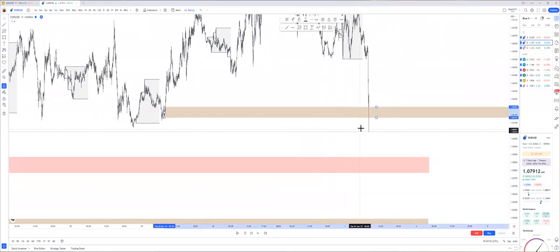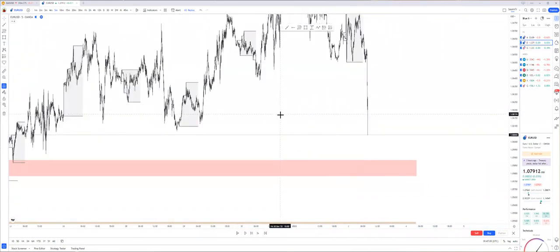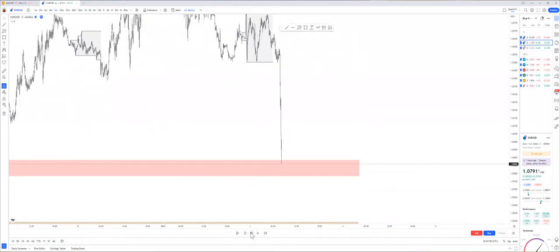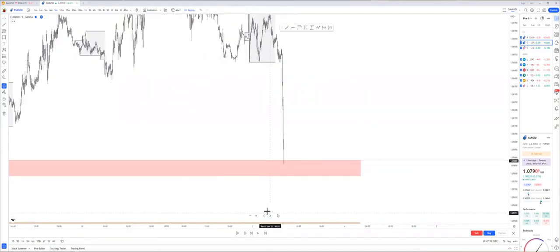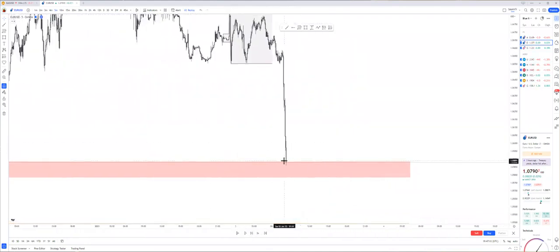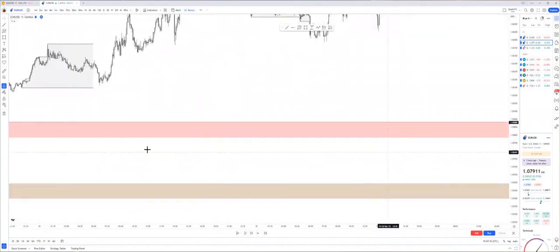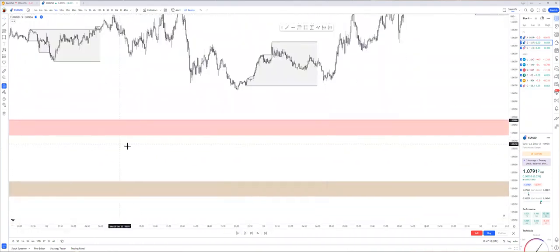So we're going to remove this as well, and we're going to keep playing this out. Let's see what happens next. See, it's still coming down. Boom. Okay, it's coming to the imbalance now. Now we're going to wait for that change of character. There's still a potential that it can come into